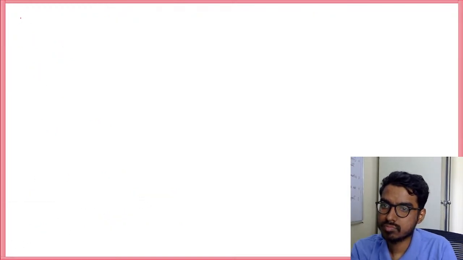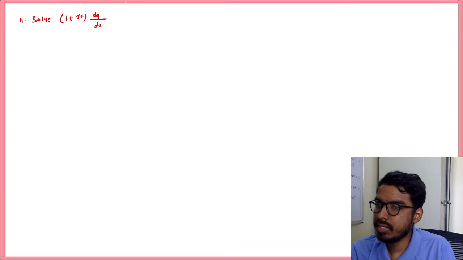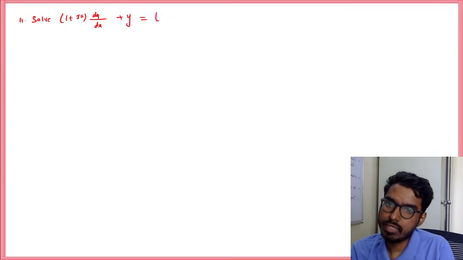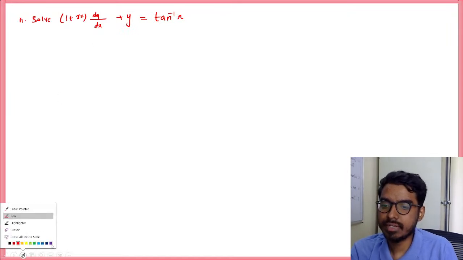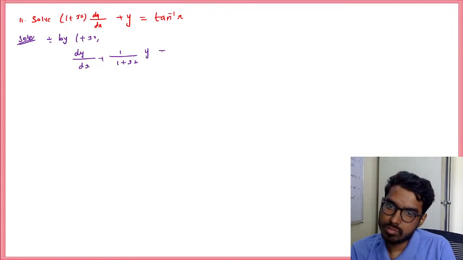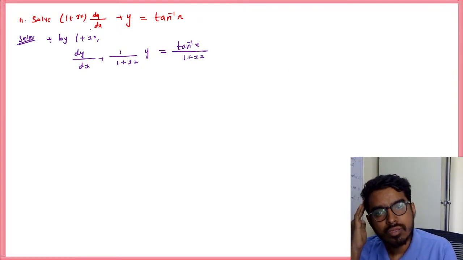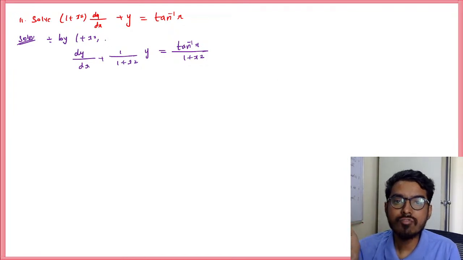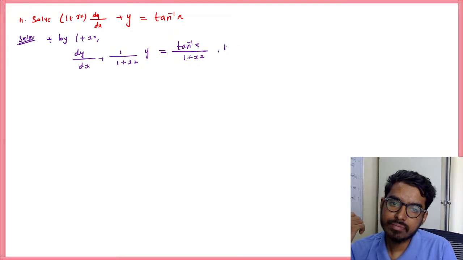1 plus x square dy by dx plus y is equal to tan inverse of x, right? So we will divide by 1 plus x square throughout, so that we have dy by dx plus 1 by 1 plus x square into y is equal to tan inverse of x divided by 1 plus x square, right? I'm dividing by 1 plus x square to make the coefficient of dy by dx equal to 1,